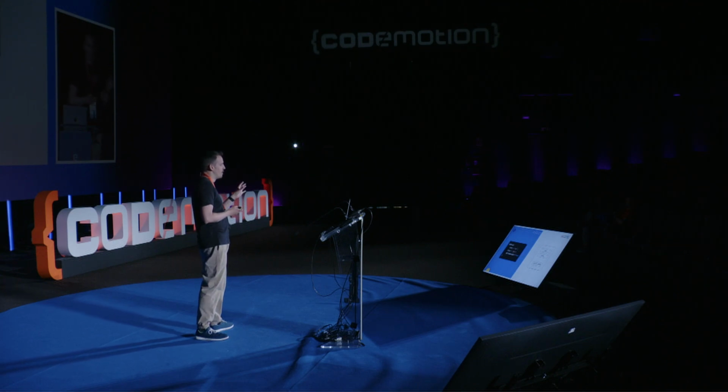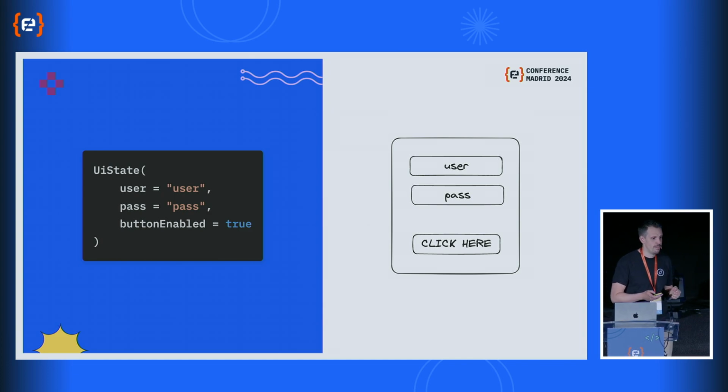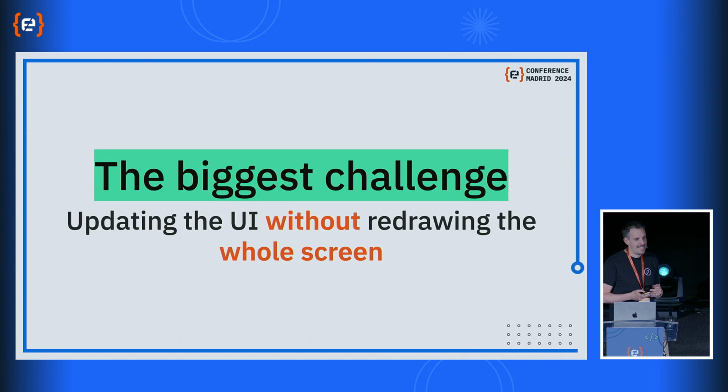So for instance, here we have a simple UI state with the value of the user, the value of the password, and a property that provides whether a button is enabled or not to be clicked. If we modify this button enabled and set it to false, automatically the UI system detects this change and updates the UI accordingly. And what's the problem behind this? The biggest challenge that we may have here is that